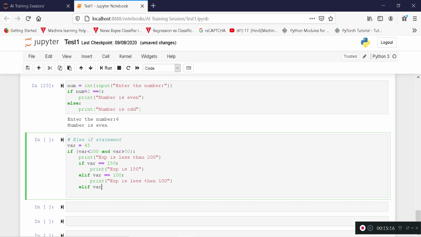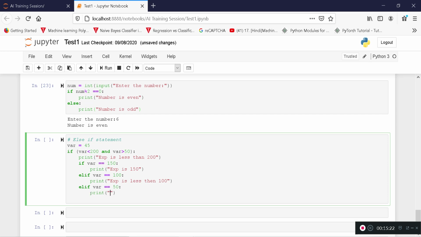elif var equal to 50, then print expression is less than 50. These are our expression elif, right? If you want, we can add an else statement as well. But here, this is the last line which